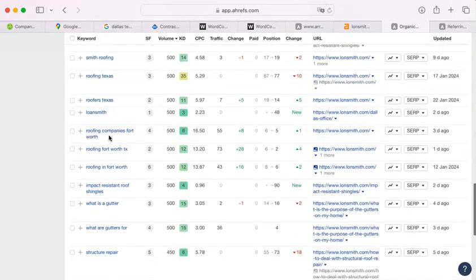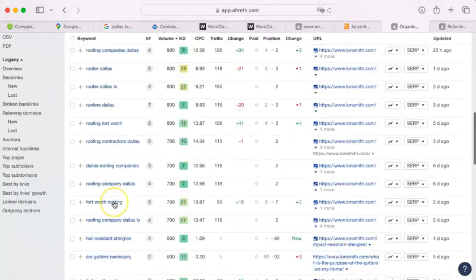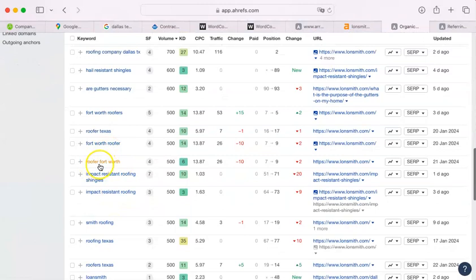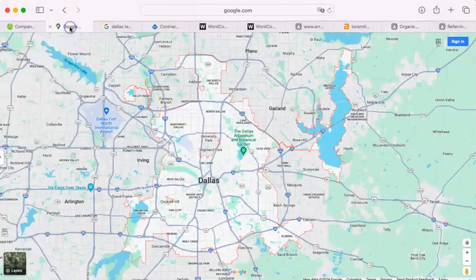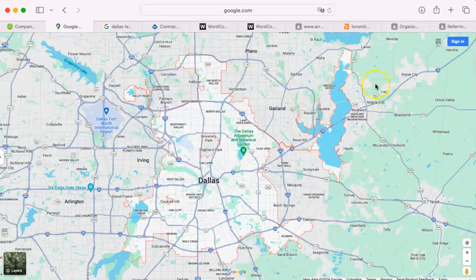Now, you want to have all of those satisfied as much as you can. Here's the other thing you want. You saw down here that it said Fort Worth, right? Roofer Fort Worth. This is where I was talking about on the map. Now, Addison, downtown Carrollton. Those are all places that people like to live and presumably are proud of living in. And if they want to get the best roofer in downtown Carrollton, they're going to type that into a Google search. This is an opportunity for you to have something that the other folks don't.